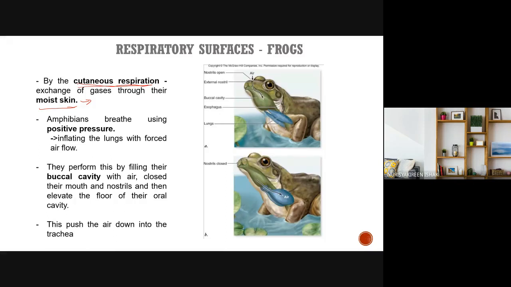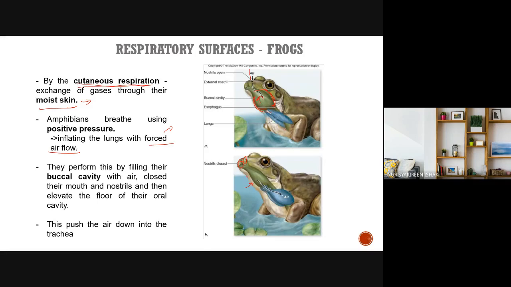Okay, it says here amphibians breathe using positive pressure, which involves inflating the lungs with forced airflow. The forced airflow is from the inflated buccal cavity. So when the frog inhales, it expands the buccal cavity, and when it expands, it is full with air. So inside here you have a high pressure inside the buccal cavity, and then what the frog does next is that it will close its nostril and also its mouth,